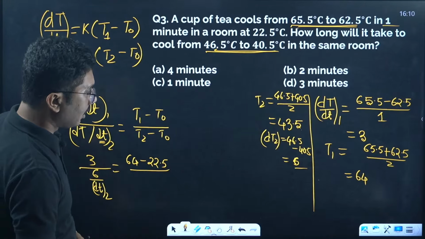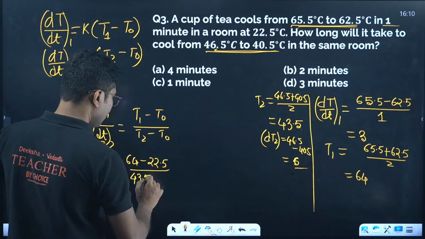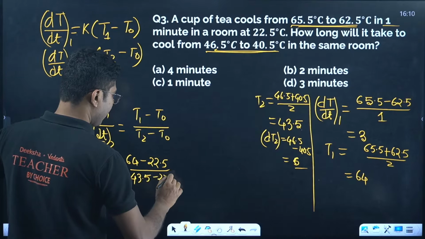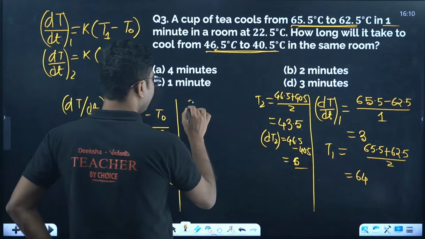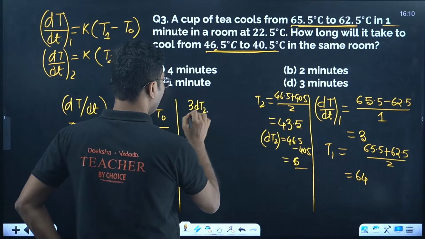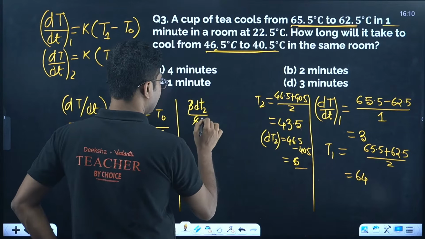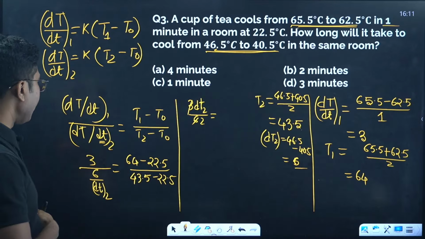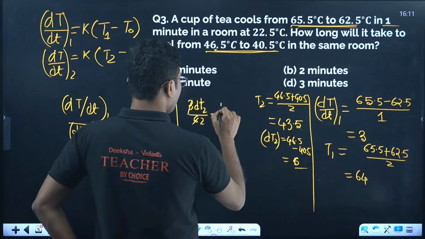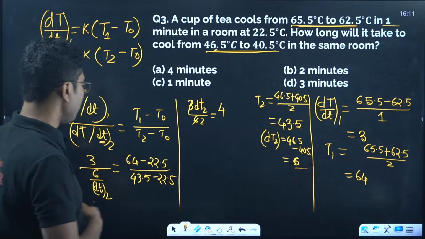T2 is 43.5 minus 22.5. Now simplify. So it will be 3 dt2 divided by 6, that is half, and on the other side we get 41.5